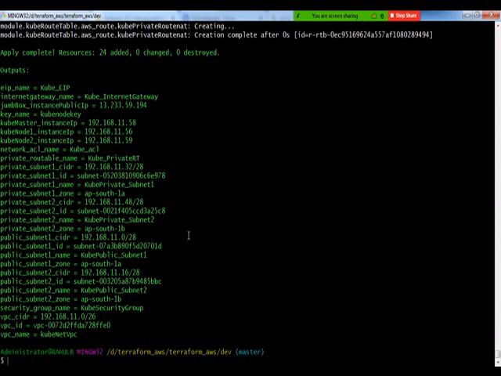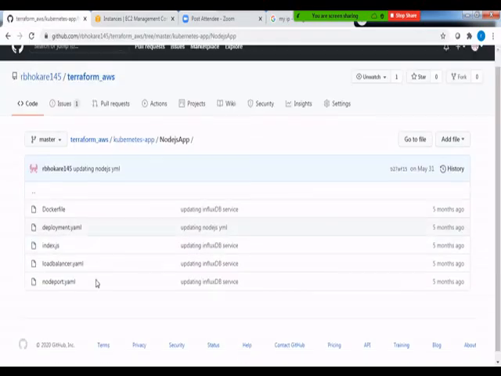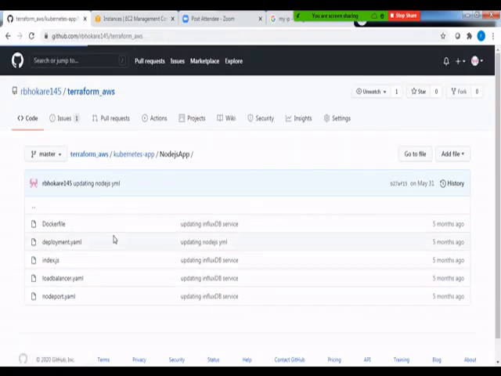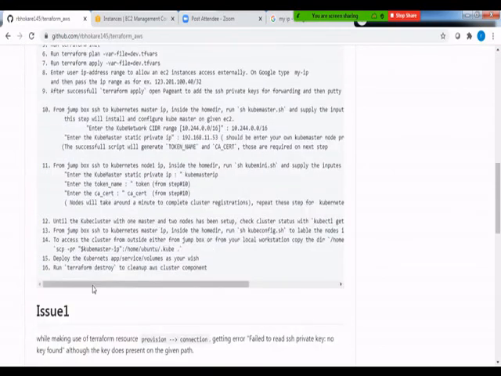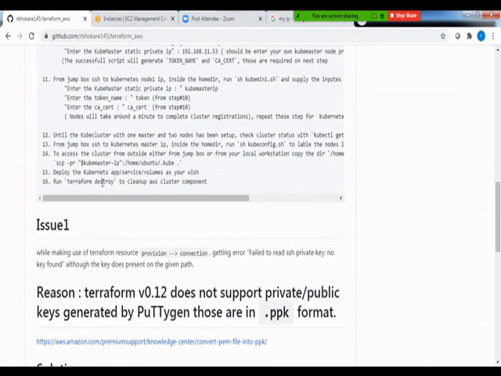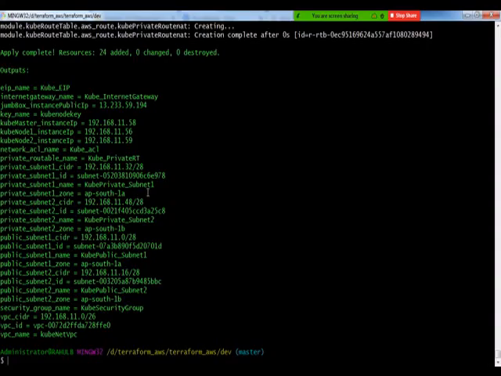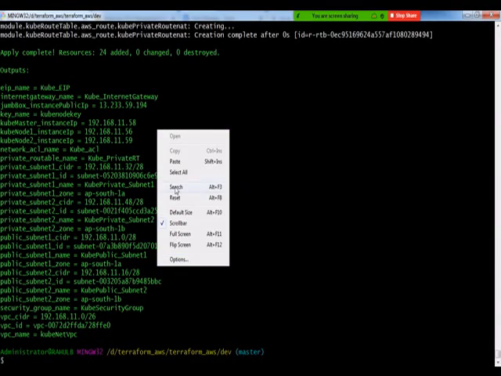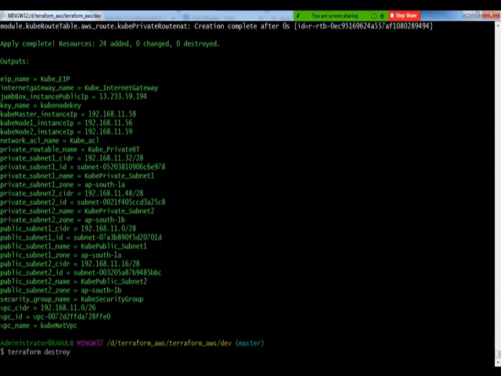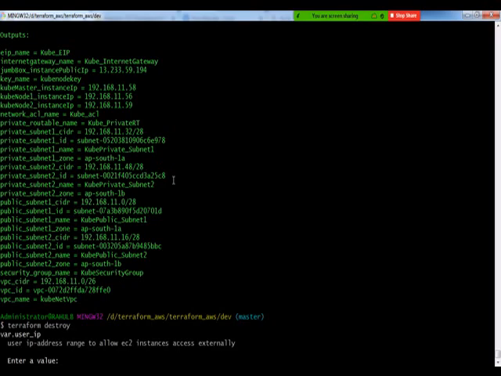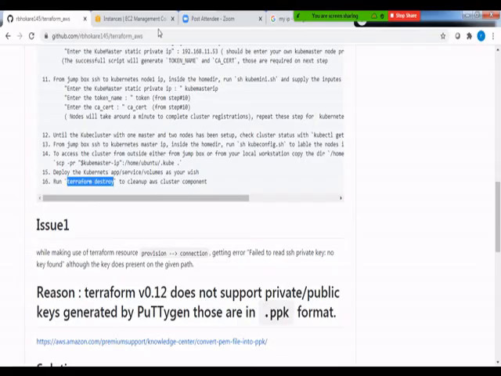So you create a cluster, you do your study, you do your demonstration, you do your innovations, you try your feature expansion, and now it's time to destroy your infrastructure. So what you can do is what the last step in the README talks about. You should run Terraform destroy to clean up the AWS components. So that's what I'm going to do now. I just enter Terraform destroy. It asks me to enter an IP, which we already have.